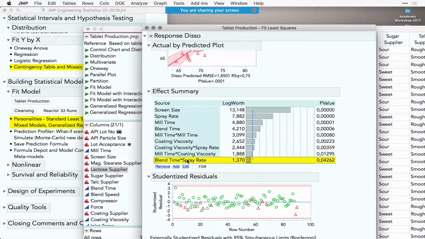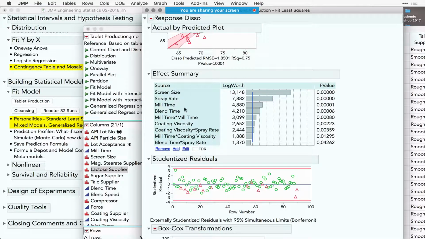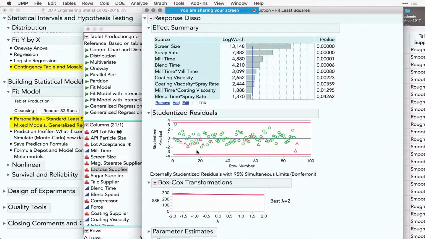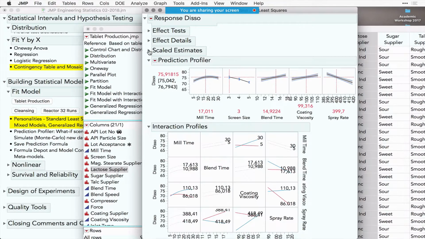And if you want to get a simpler model, you can just remove this manually, and then everything else is recalculated and updated right away. You can also undo or add other effects. So this is also an interactive and manual variable selection technique for modeling. There are some diagnostic outputs and the effects, and finally